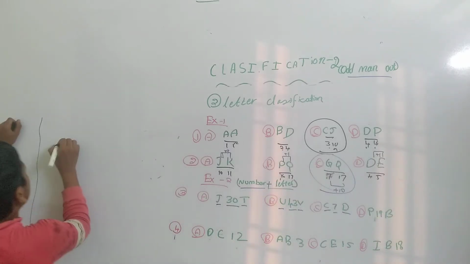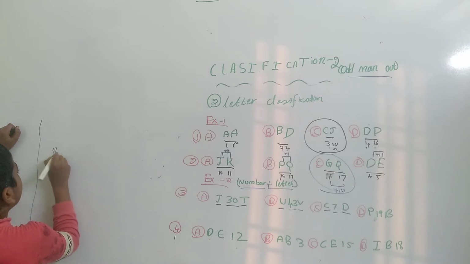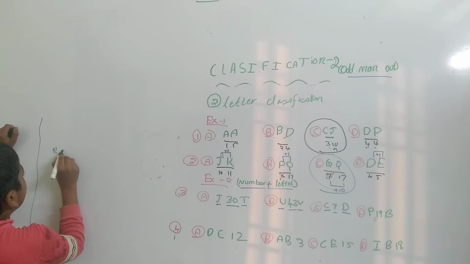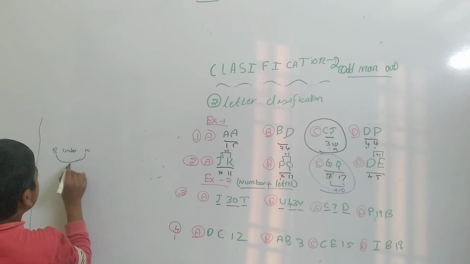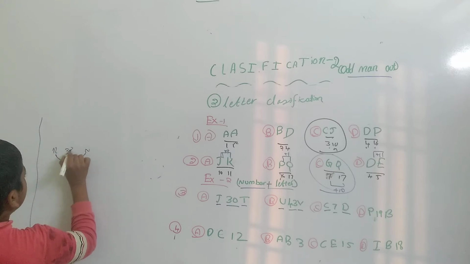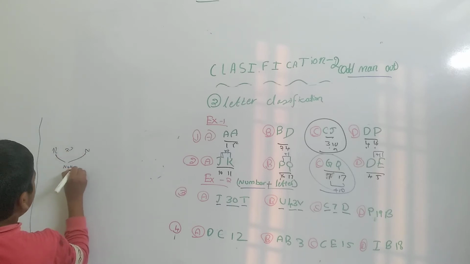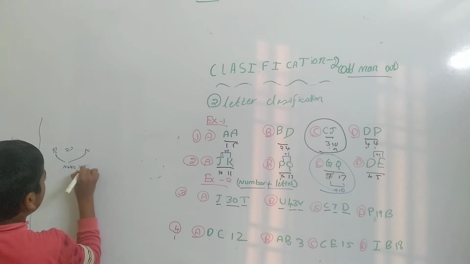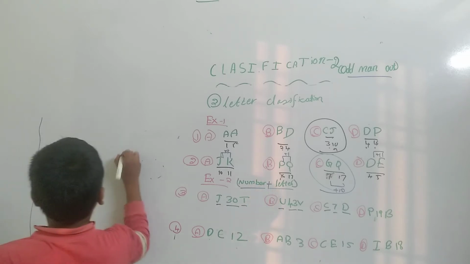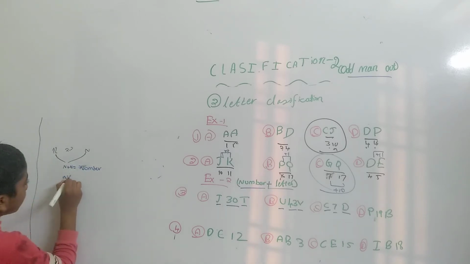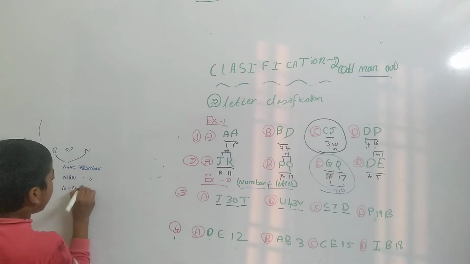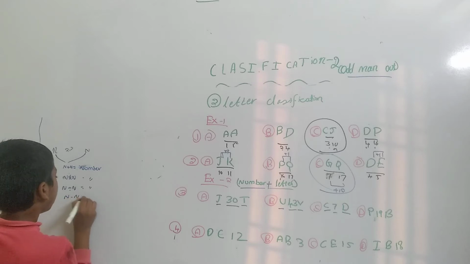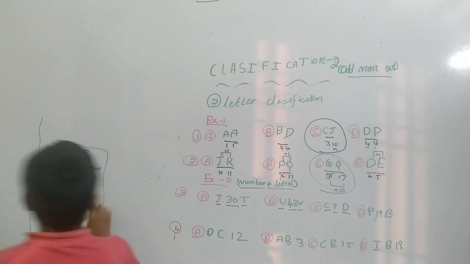Here the number means that the letters on these two sides we will add, so any two or three numbers we will add: n plus n equal to a number, or n into n, n divided by n, n minus n. We need this formula, friends.